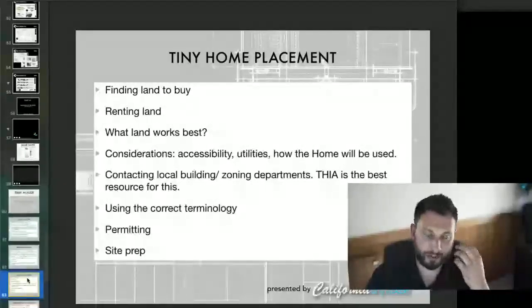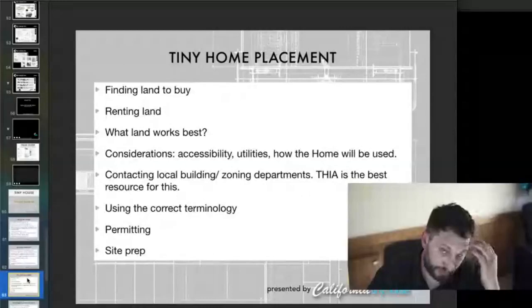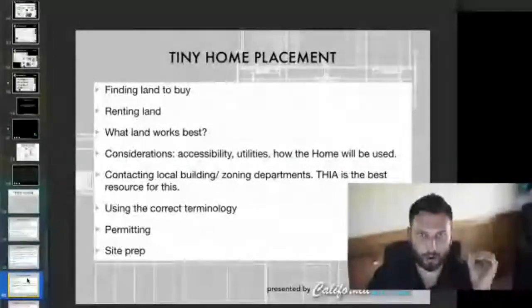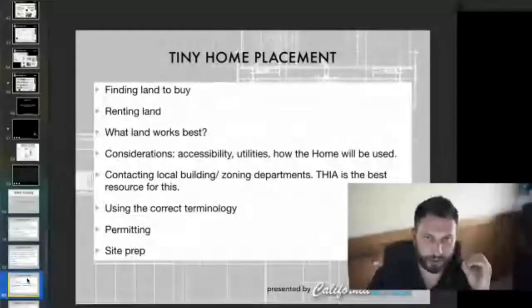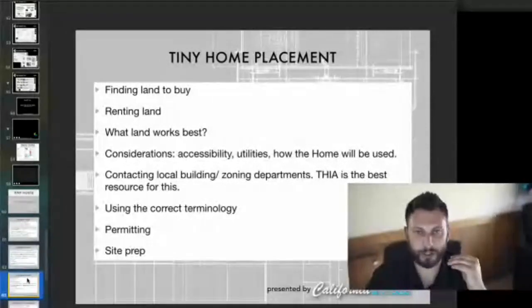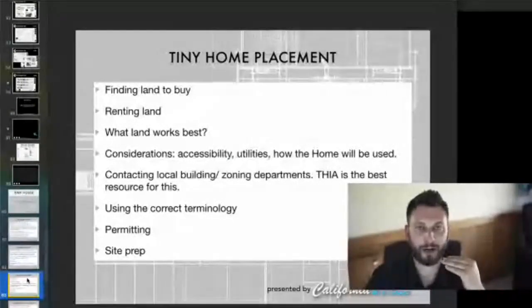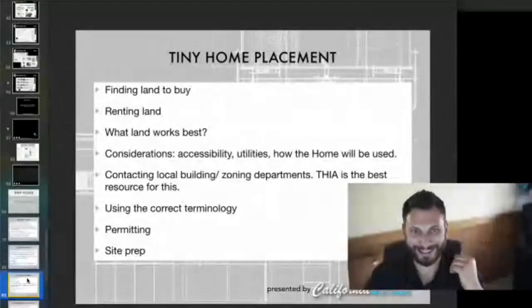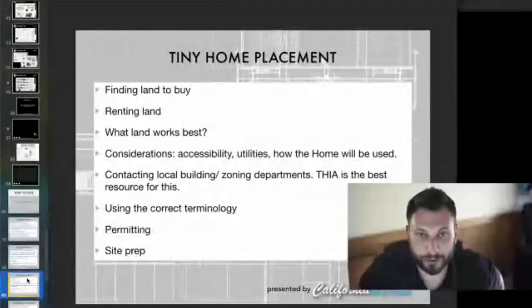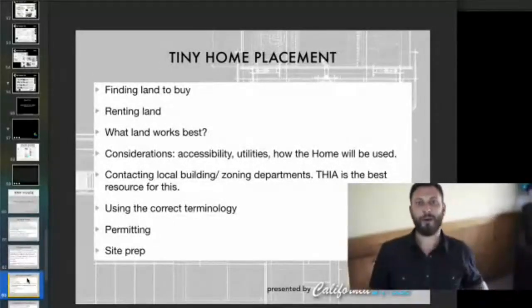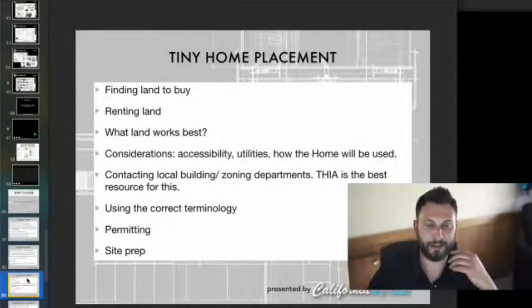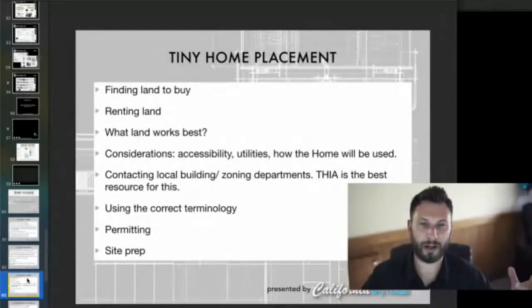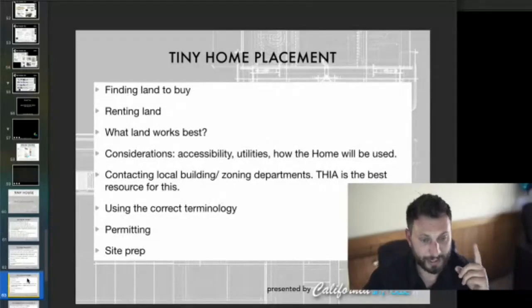Tiny home placement. I don't know if there's any other builders on this call. Probably not. But if there are, they would all tell you the same thing. We get so many calls and they go, where do I find land? And very few of us have the answer because we are home builders or manufacturers and we're not real estate licensed and we're not brokers and that's not really in our wheelhouse. Now, with that being said,